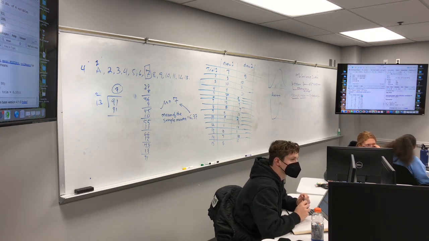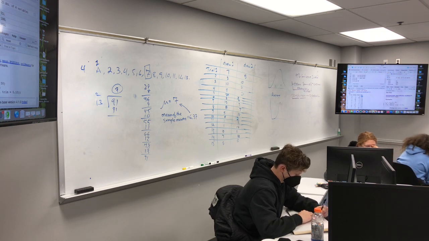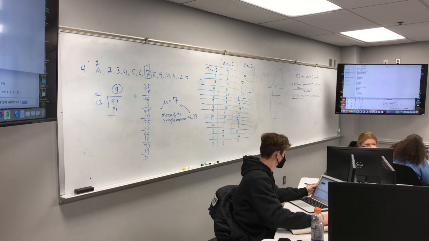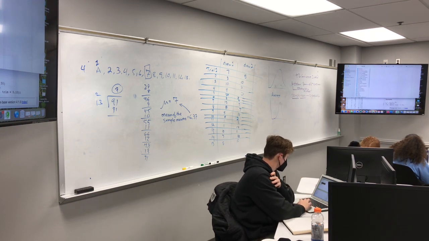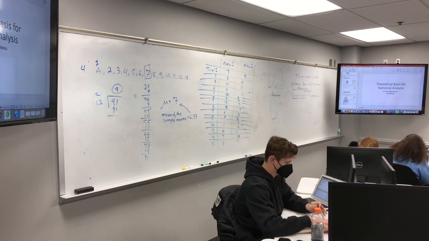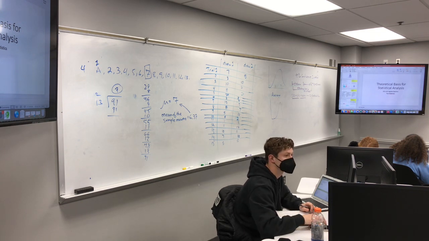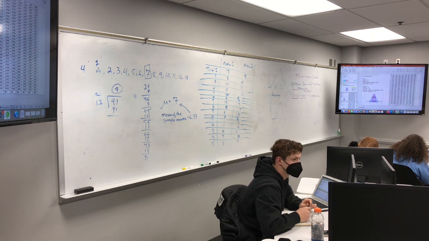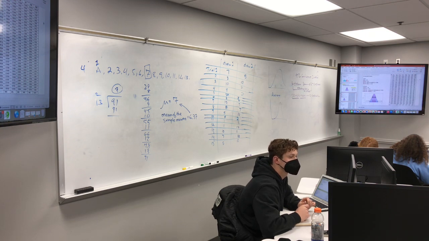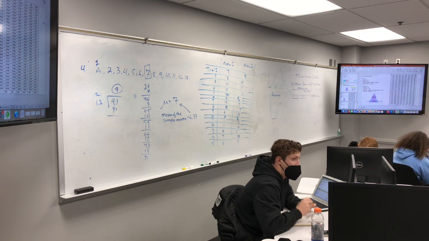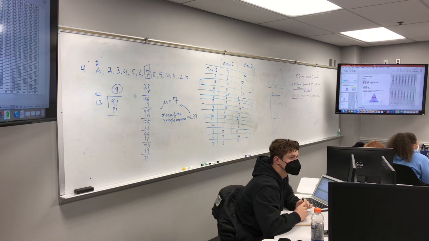So now we know what the standard error of the mean is, so we have to go back to that presentation that we were looking at the other day. Let's go and find it. And we need a t-table. So let's go down and find the t-table. And what we have is 1 degree of freedom. Because we have a sample size of 2, we would multiply that times 12.7. So for this data set of two values,